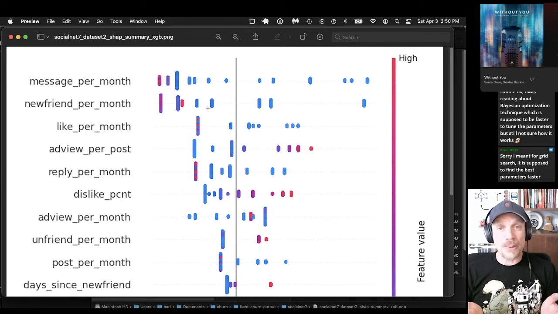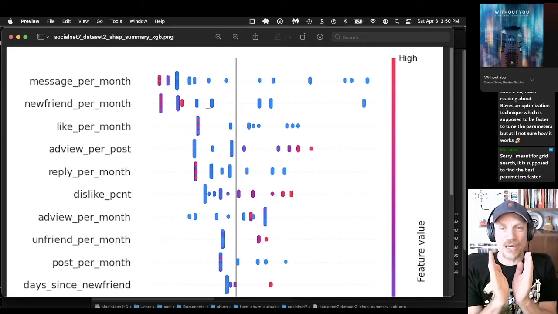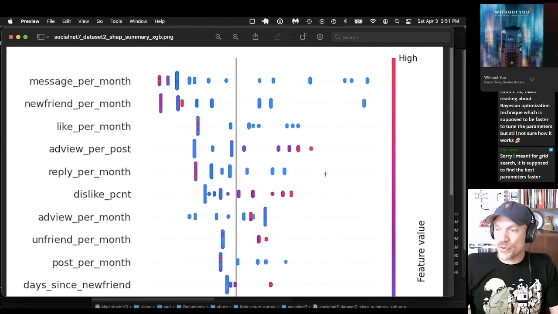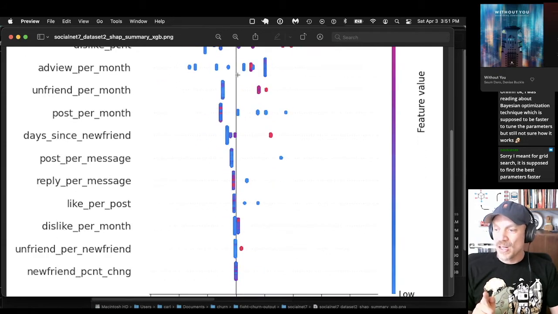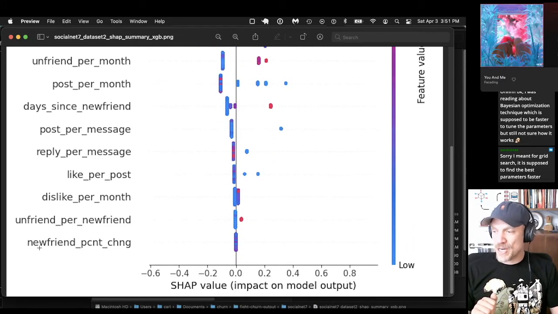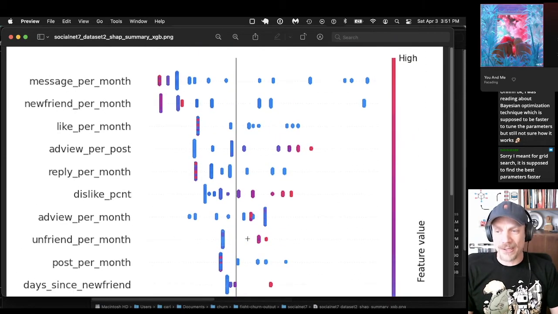You can visualize the decreasing importance because the points get closer and closer to the 0 line as you go down. The least influential metric was new friend percent change, and you can see that all the points basically have no impact from this metric. But as you go up in the plot, you see which points have more impact.